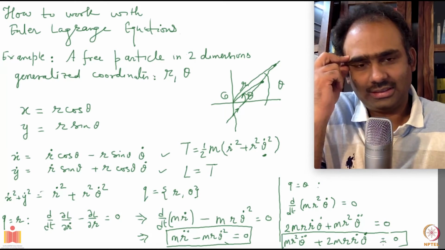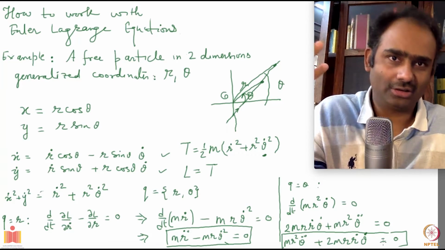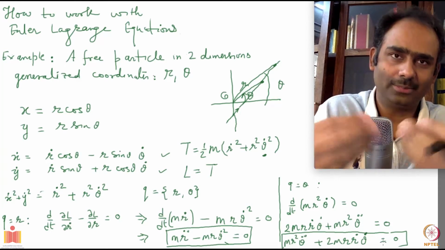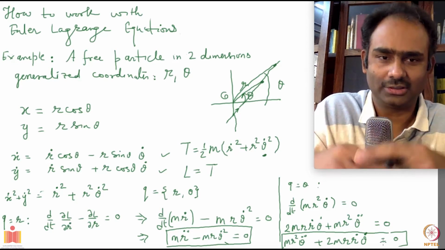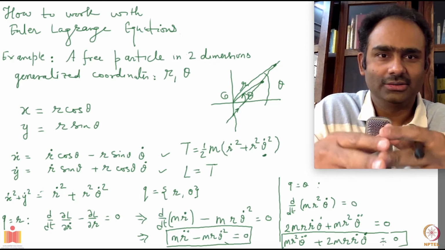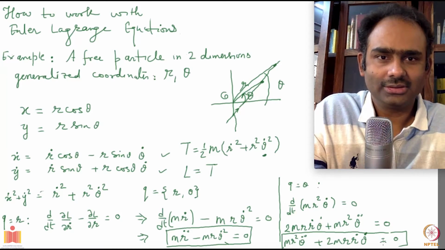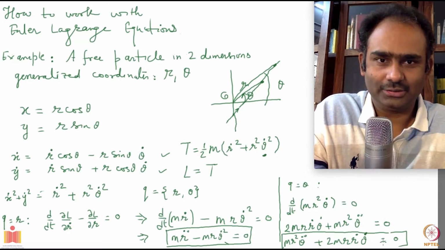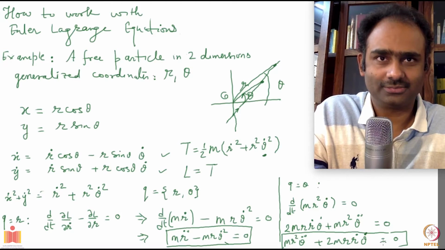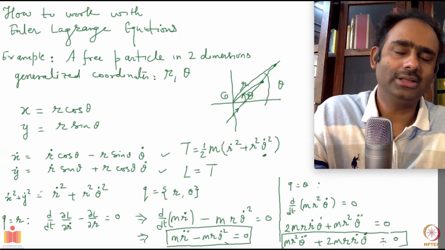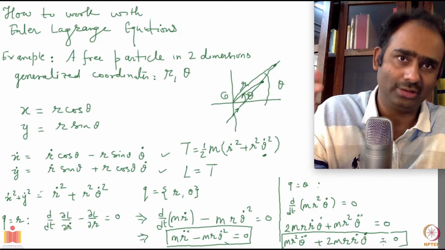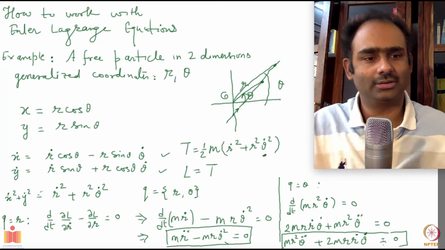Now we'll assume that there are forces also present, and look at the same problem, a single particle in 2 dimensions, when there are forces present. Okay, and let's see what it will look like. So as far as the left hand side goes, in the Euler-Lagrange equations, what you have got here is already correct. All you have to do is look at the generalized forces on the right hand side, Q alphas. Okay, so that's what we are going to now look at.